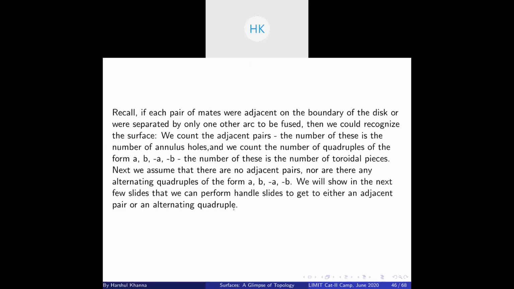So what we will show, if we are given, essentially this is a combinatorics problem now. You're given a word of two H letters, that corresponds to each letter and minus or dot letter. You have these equivalence classes that are performed by attaching handles and sliding them over each other. We will show that we can convert any such word into a word that has only both of these. That is, it has only adjacent pairs, and it has alternating pairs. So this is essentially the problem now.